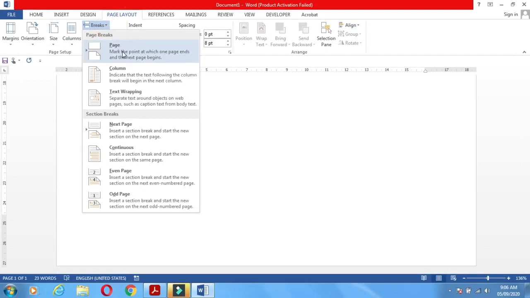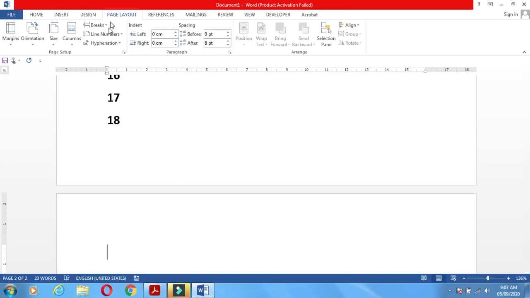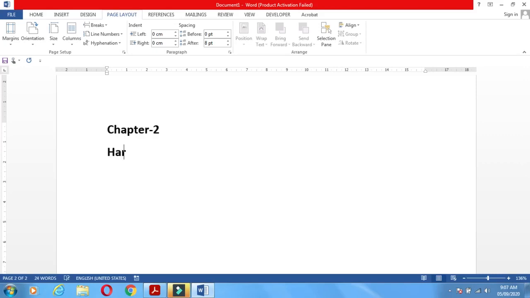When we click on the page break, it will create a new blank page next. See, when we click on this page break, the new blank page will appear here, correct? Here again we start chapter second, hardwares.